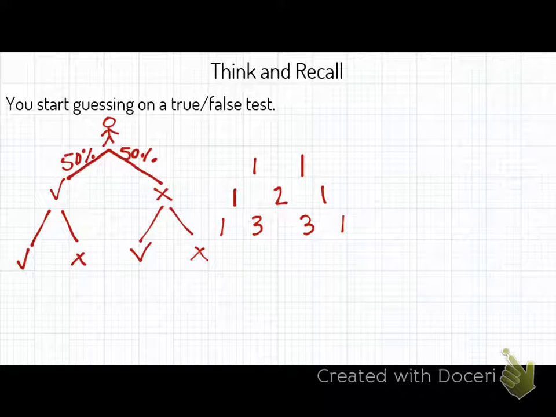So we're going to use Pascal's today, okay? And we're going to talk about all the chances possible. So when you guess on a test, you see how many possible chances are occurring now? Just by guessing on 2 questions on a test, you could have had 4 outcomes happening, right? Okay, we're going to talk about the percentages here. And if you think about it mathematically, it'll help you to make better decisions, okay?